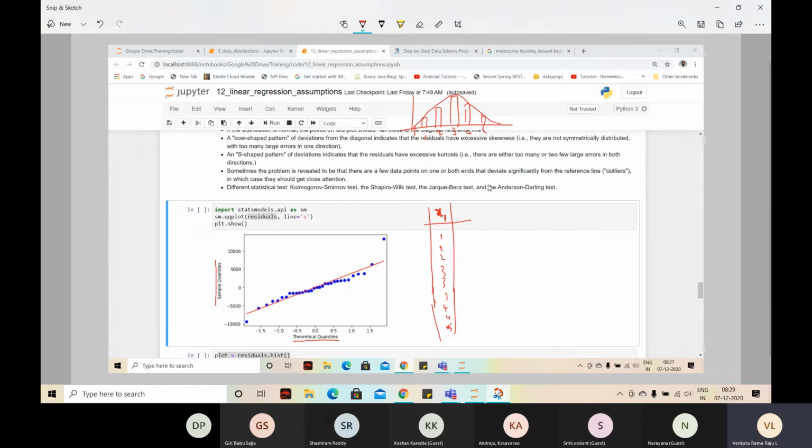We generated it, right? So theoretical quantiles means it will generate data around zero, which is normally distributed. Okay. How many numbers will it generate? Our data set has got 32 records. Okay. There will be 32 errors. Right. It is going to generate normally distributed data,